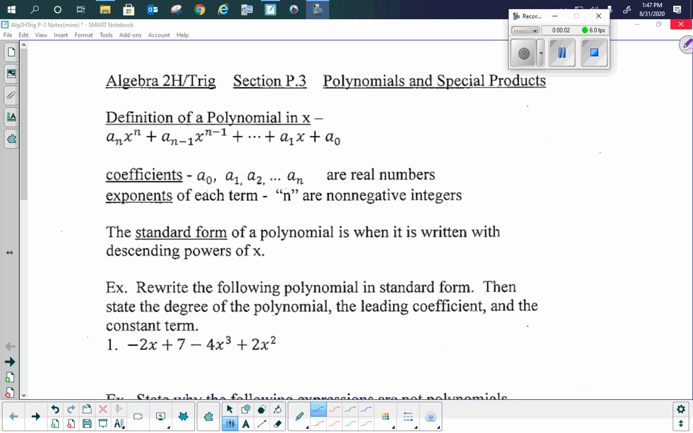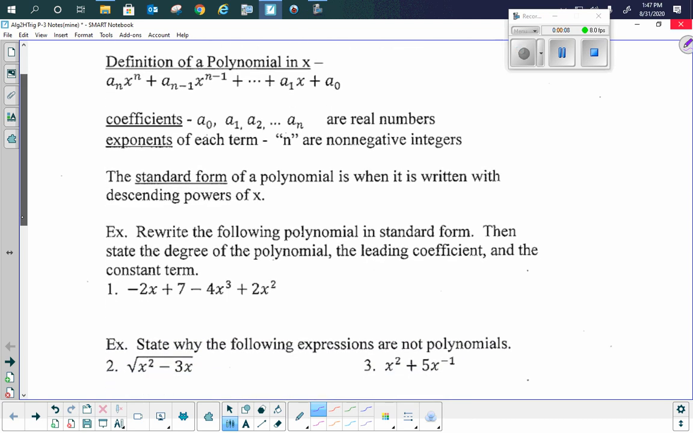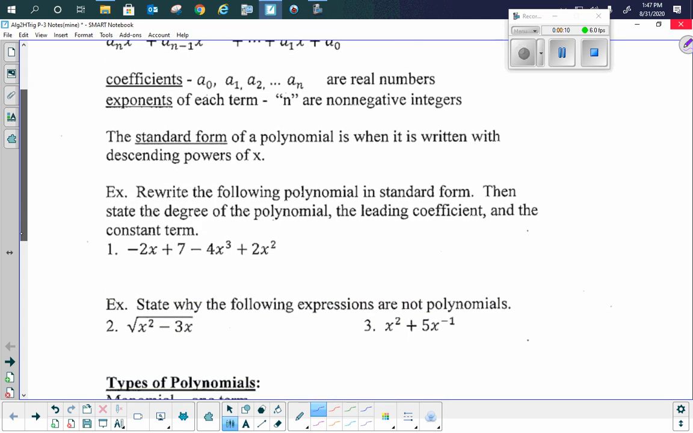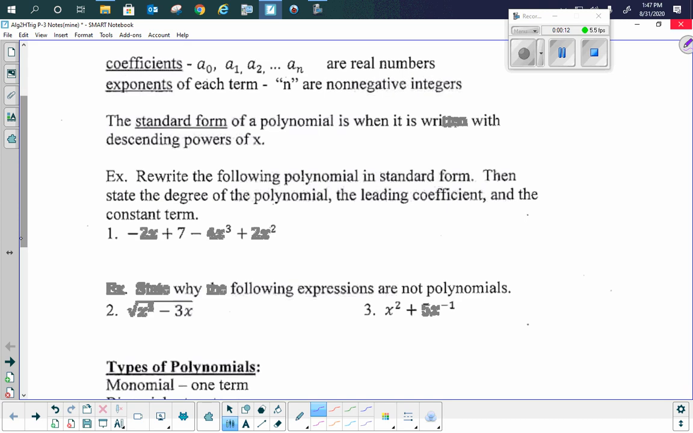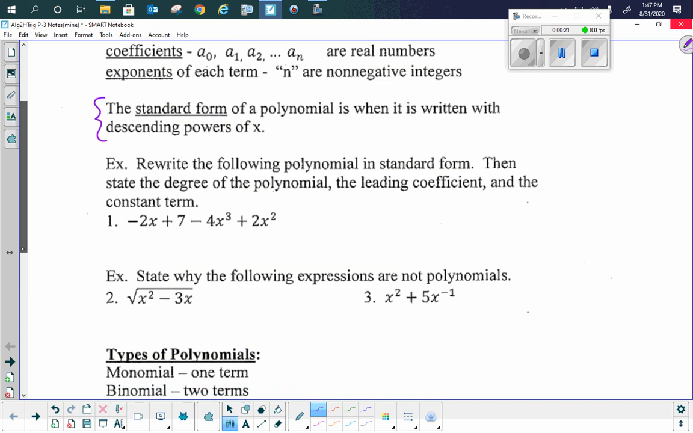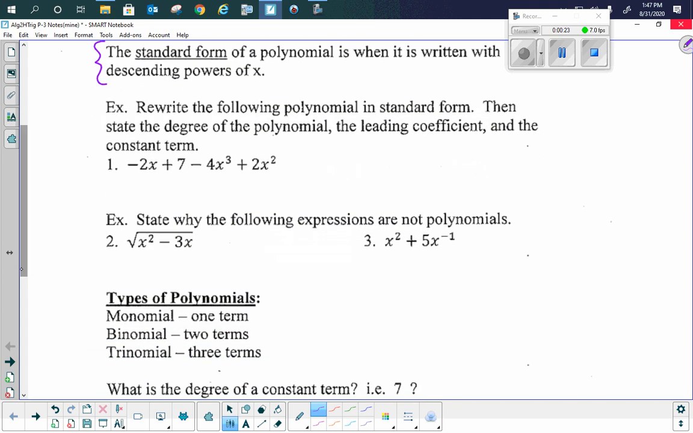For P3, hopefully you have already read through this and tried to fill these in. So I will be just going through this pretty quickly. Things that I'll point out, the standard form of a polynomial, as you know, is when it's written with the descending powers of x. So the higher power should be first and so on, and go down from there. So if we rewrite this polynomial in standard form and then go through those terminology, you should have